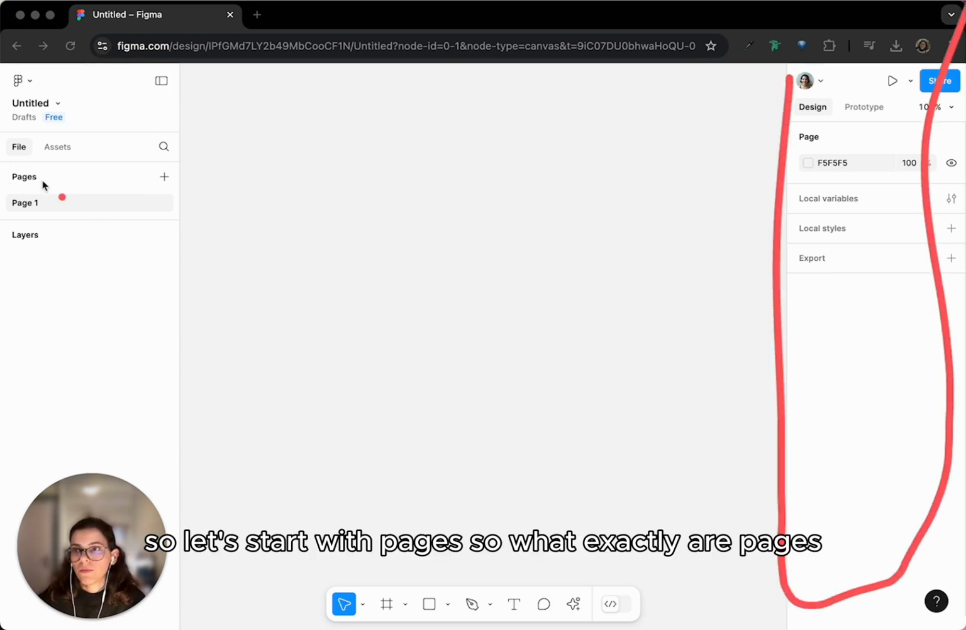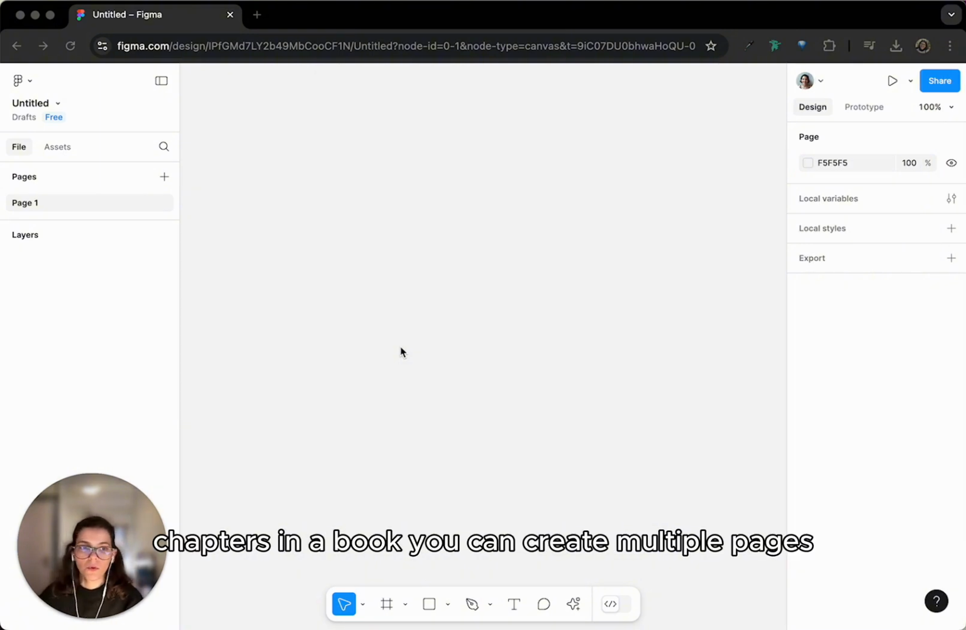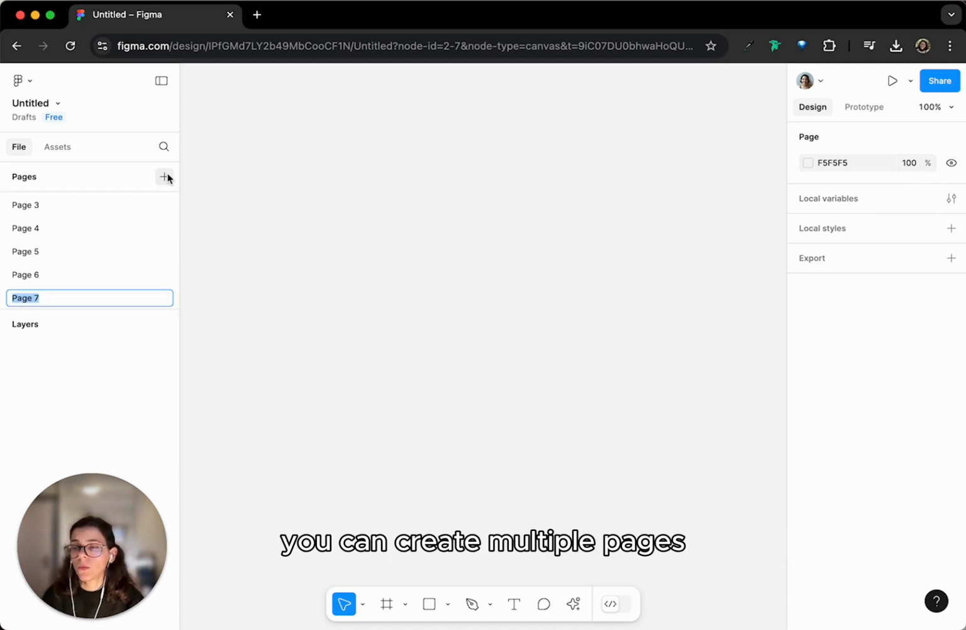So let's start with pages. What exactly are pages? Think of pages like chapters in a book. You can create multiple pages. I'm going to be creating one now. You can create multiple pages,